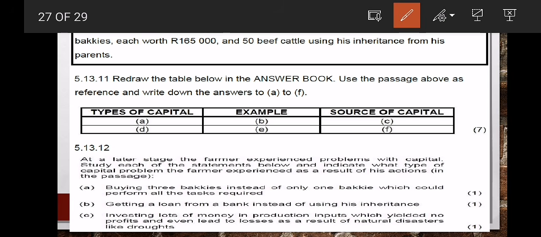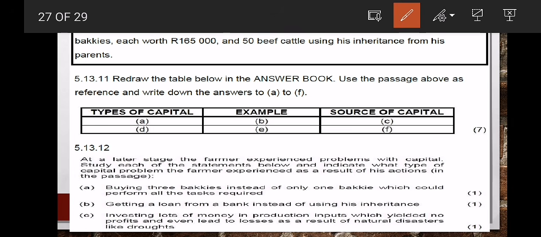A. Buying 3 bakkies instead of only 1 bakkie which could perform all the tasks required. He decided to buy 3 bakkies instead of only 1. This means the farmer has invested more than what is required. So which problem is that? It's your